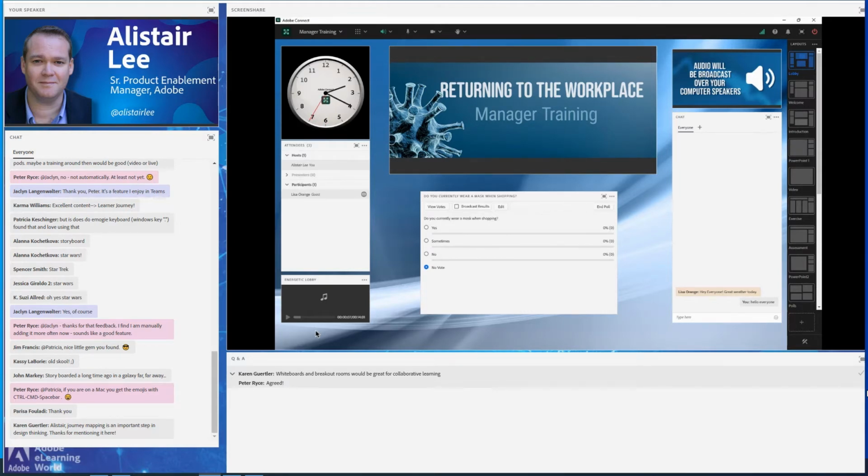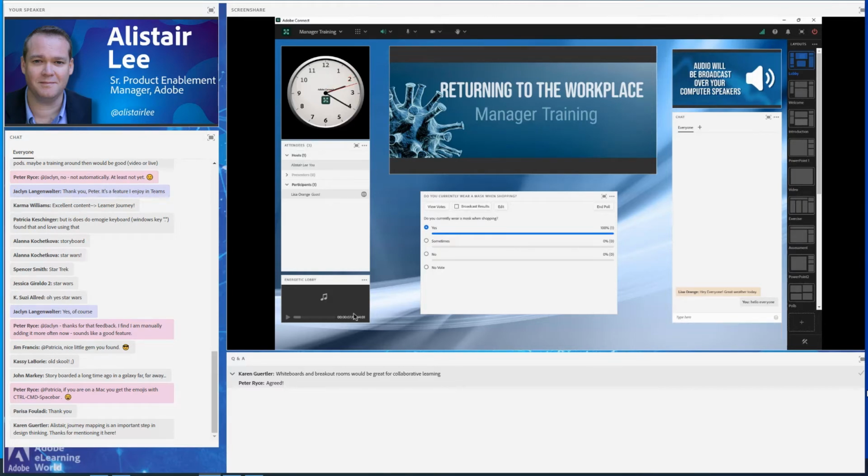The other thing that we want to do is start reinforcing this idea of interaction right from the start. So instead of just saying, we're going to start soon, we can start asking people to use the technology. This familiarizes them with the technology. They start becoming comfortable interacting by answering questions. They can start using chat, which will get them familiar with how that works. They may be more comfortable asking questions throughout the session if they've already started using the technology. So we can start setting that expectation right from the very beginning with the way that we're designing our lobby here.